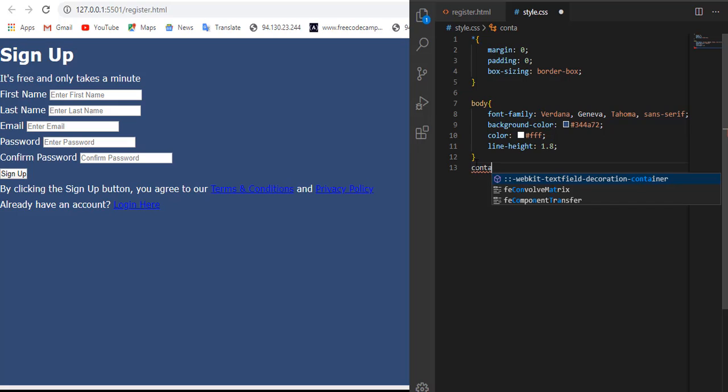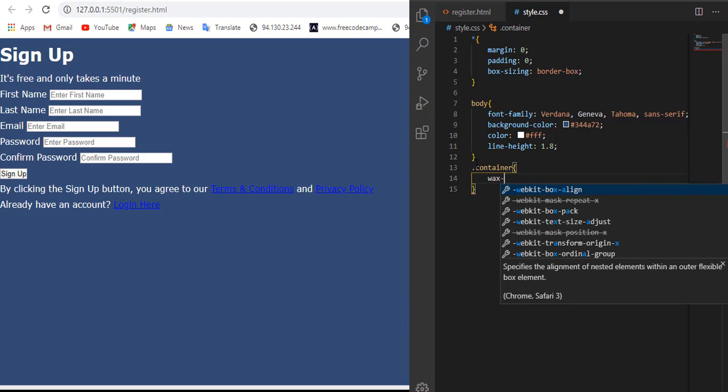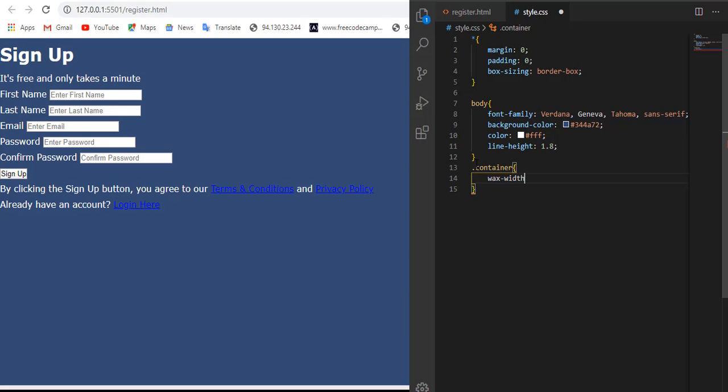Let us go to the container. So it's the class dot container. And there inside the container we need to set our max width. Sorry, it's max width of 400 pixels. Let us set our margin 40 pixels from top and bottom and auto left and right.